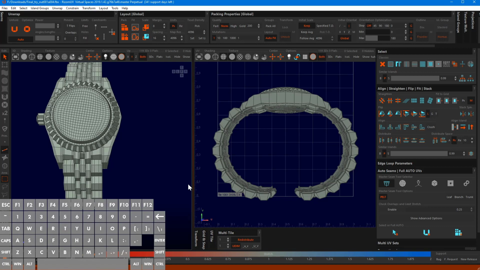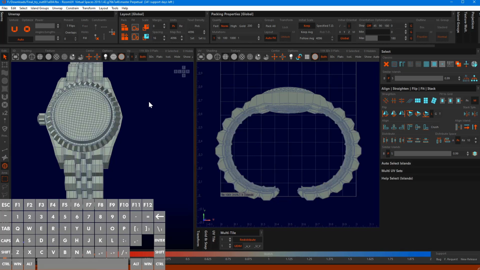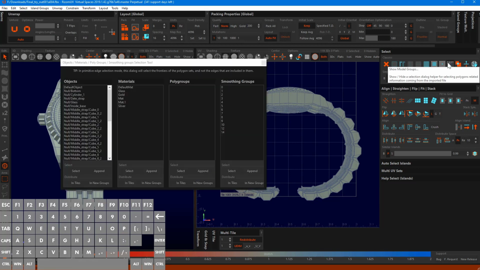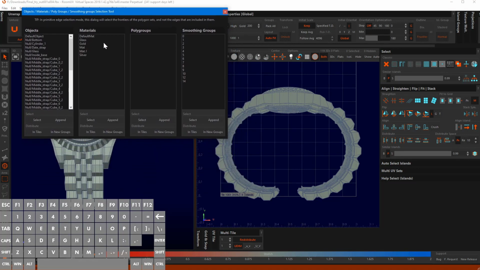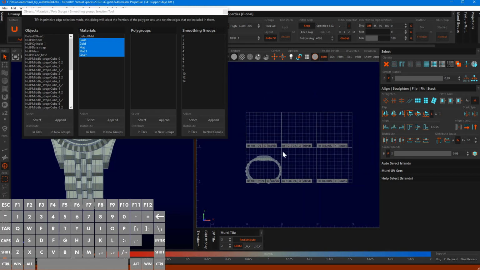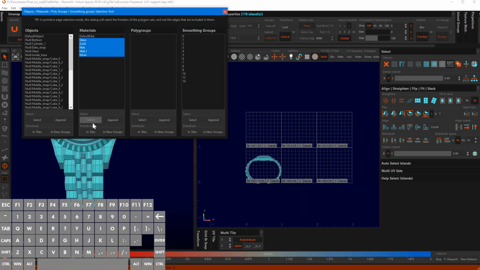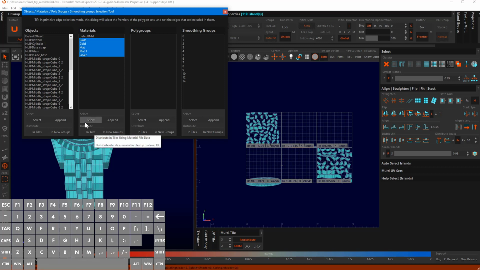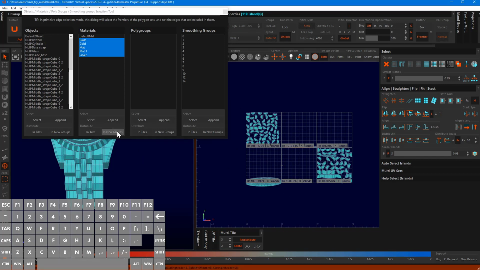Okay, so the first thing I'm going to do is go to island mode, which is F4. I am going to load the model group dialog box, and I see that Dozie has 5 materials. So I'm going to set up multi-tile with 6 UDIM tiles. I'm going to press select. I'm going to distribute them in tiles by pressing in tiles, and then I'm going to put them into new groups. And the reason for doing that is that